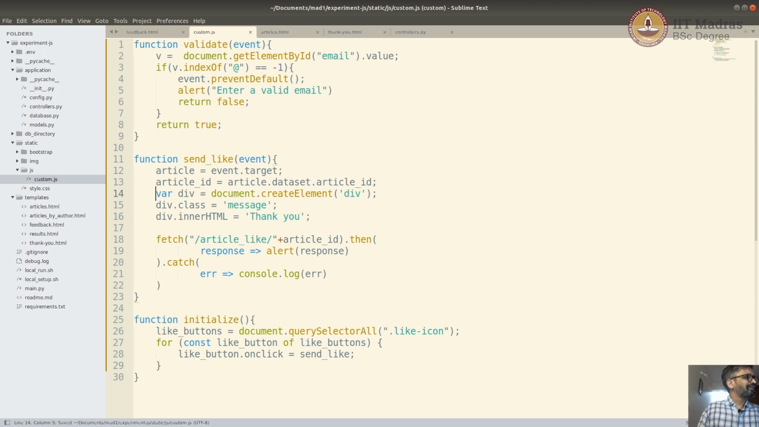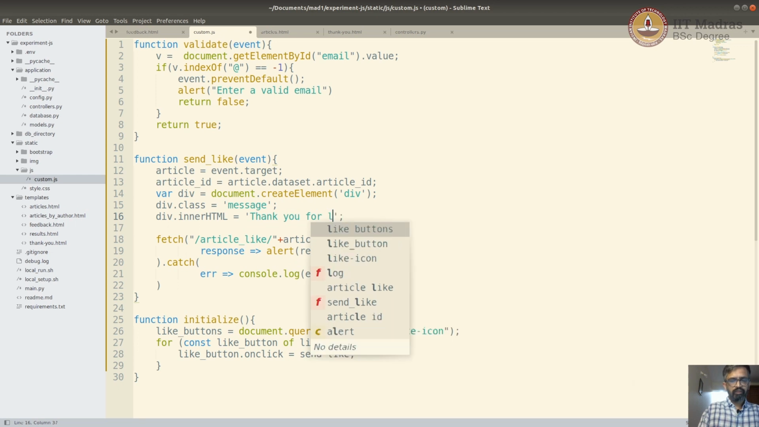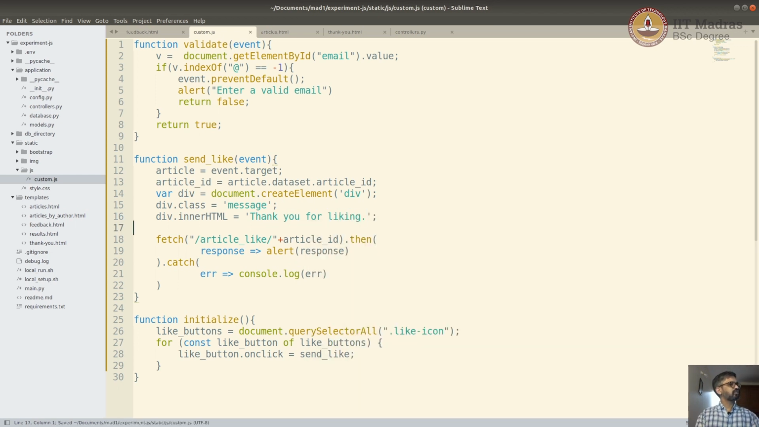Right, and add a class message. We don't need to add the message, thank you for liking. Right, we can show this as part of this once the response is successful. Otherwise we don't want to show it, so we can add it directly here or show it as a separate thing. So for example,